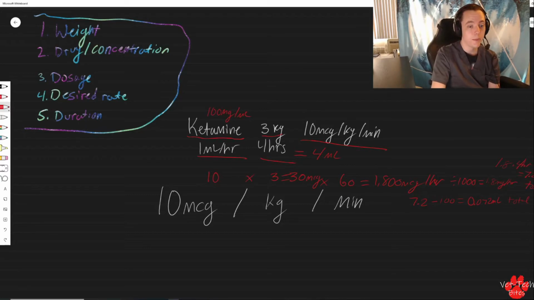Super small amount, which is why we're diluting our medication, since our patient's too small to actually get that amount, right? So we know that we are only needing 0.072 mLs total of ketamine for our CRI. So that means we have 4 mLs minus 0.072, and that is going to equal 3.928